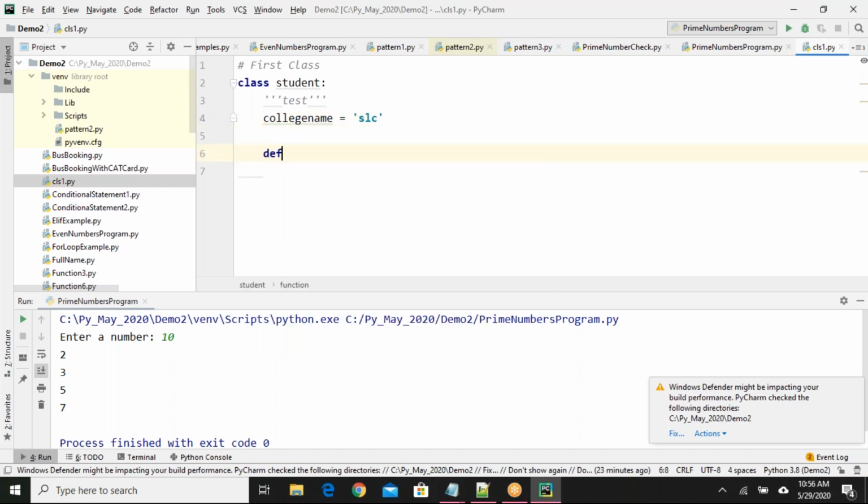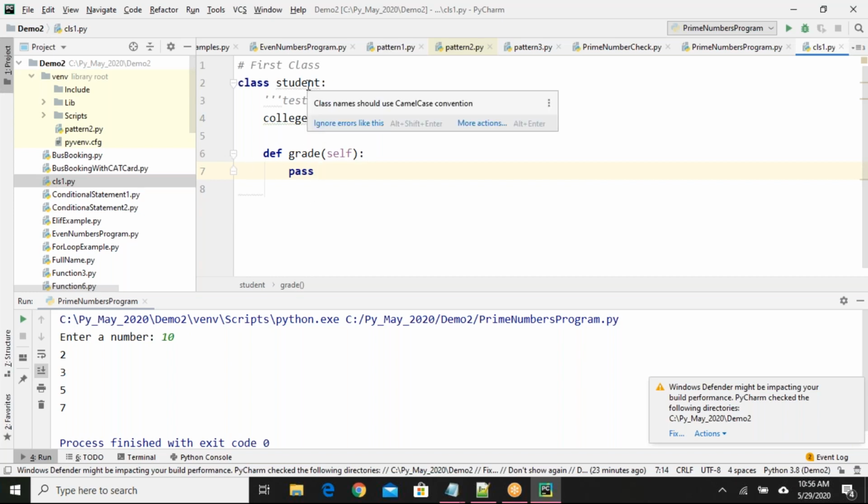I'll declare a method, for example, maybe a grade method. Here I'll write some logic to calculate, or for now I can say pass. So if you see this, I have to provide the class name, then I can declare my variables if required and define my methods. It's a collection of methods and variables.